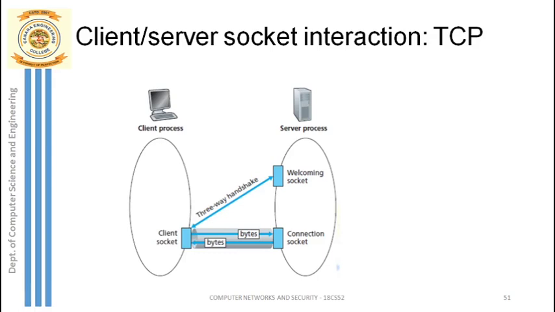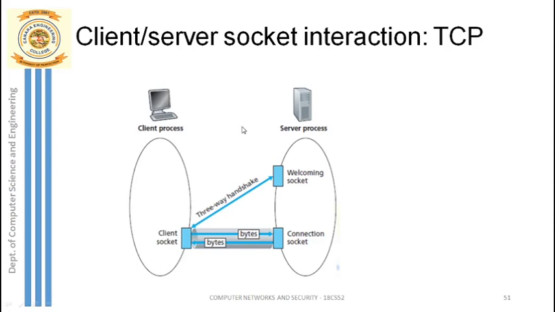So what is happening in the third stage? The client will start sending data to the server in the form of a request, maybe in the form of a host name, website address and all that. Then the server in the next stage will start sending the reply, maybe the home page of the website or any reply. So the server will start responding back to the client. So this is all happening in 3 stages, right? The first stage is what? The client is asking the server, are you ready?